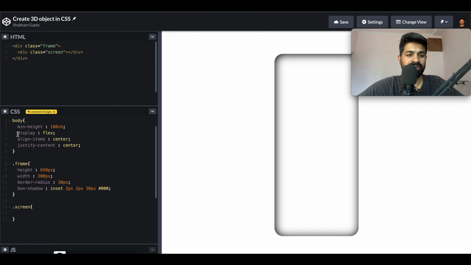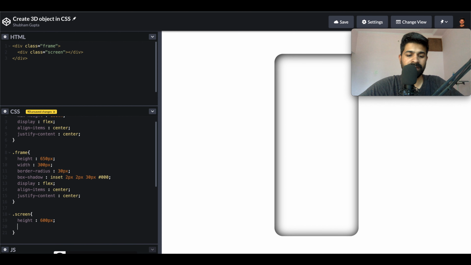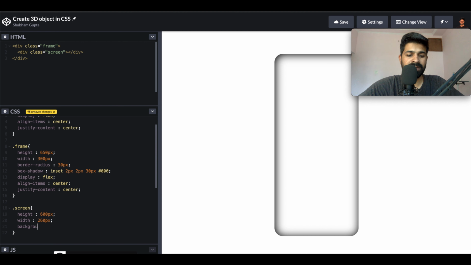So I'm copying the code for centering, and for the screen I'm going to write a height somewhat less than this, 600 pixels will be okay, a width of 260 pixels, and the background color should be white.